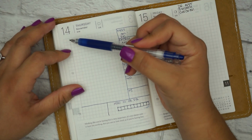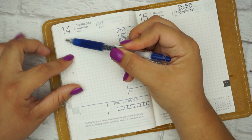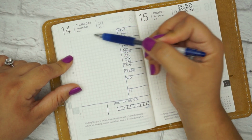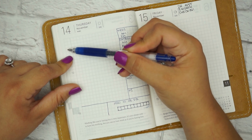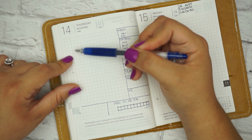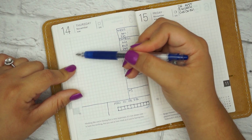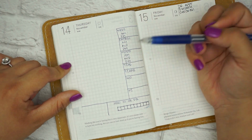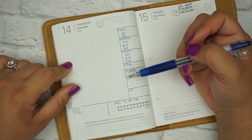So in this space right here, I will put BK for breakfast, and then I'll write out what I ate for breakfast. I'll put SK or S something for snack, LU for lunch, and DN for dinner, and then I just write out whatever I ate and how much of it I ate. So I'll put,